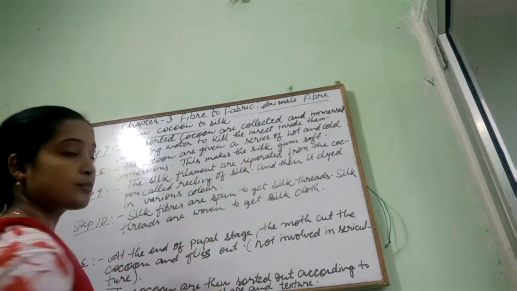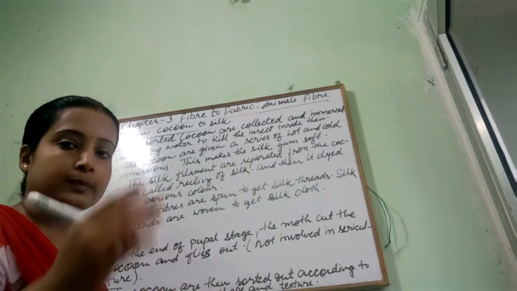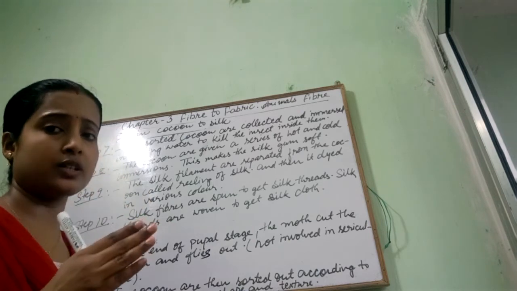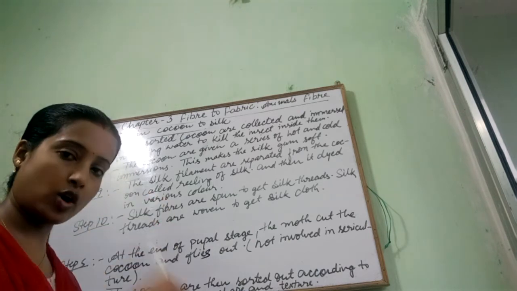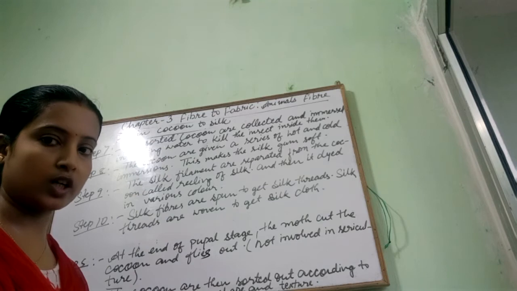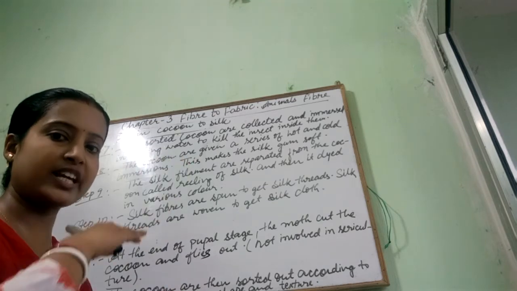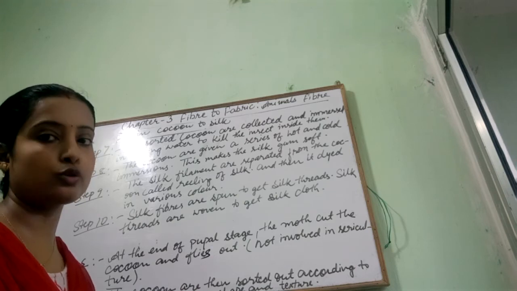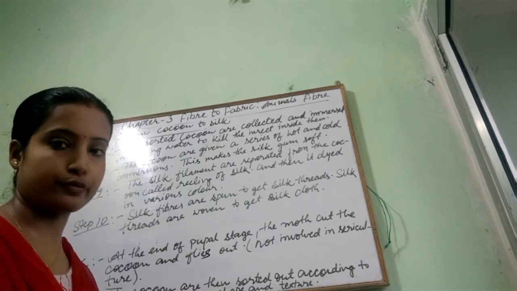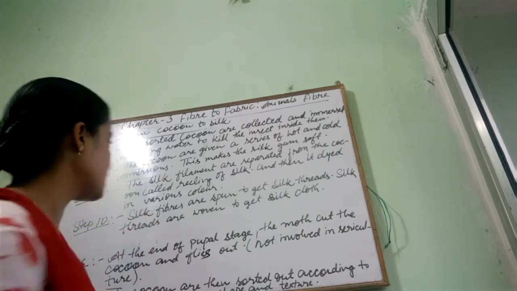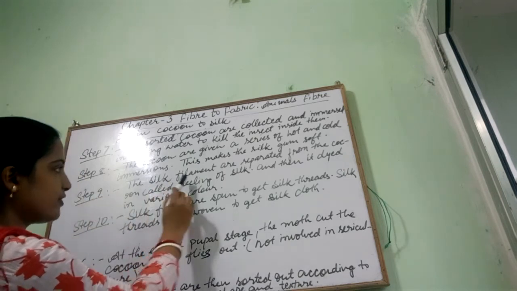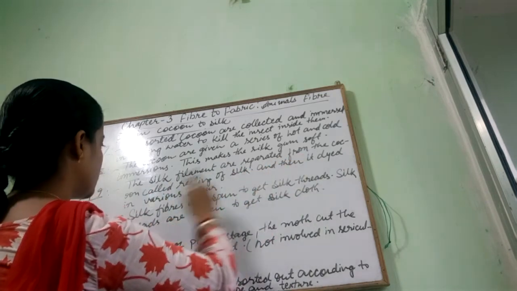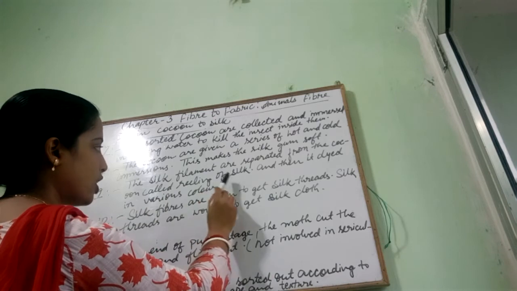This makes the silk gum soft. In step 8, it is first immersed in hot water, then again in cold water, again in hot water. A series of hot and cold immersions are given to the cocoon to make the silk gum soft and lustrous. Now in step 9, the silk filament is separated from the cocoon, called reeling of silk,